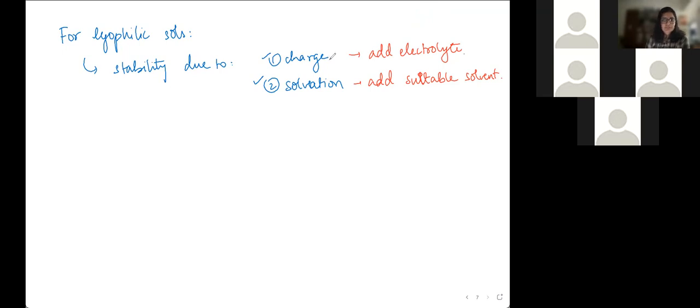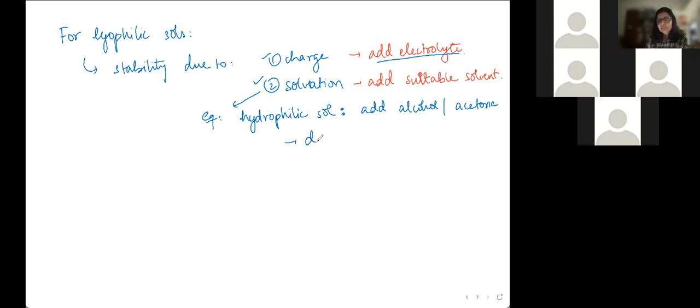In order to disturb the charge, to neutralize the charge, you add electrolyte. In order to disturb the solvation, you add a suitable solvent. So for example, suppose we have a hydrophilic sol, so basically a sol in which the dispersion medium is water. If you add a little bit of alcohol or acetone,